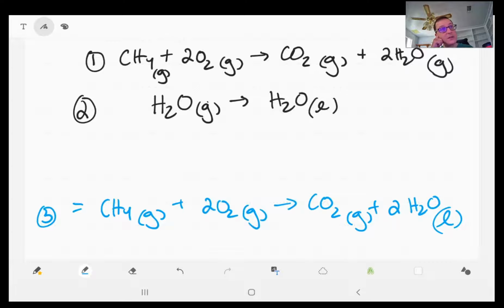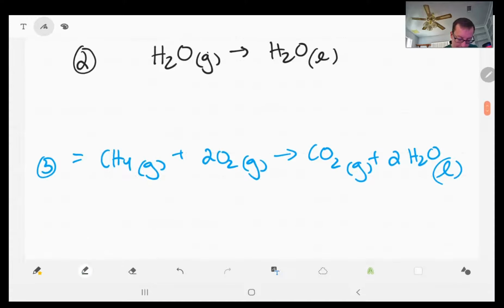And so we want to arrange our reactants and products so that when we add our reactions together, things will cancel out. And the important part here is that delta H for reaction 3, which is just,